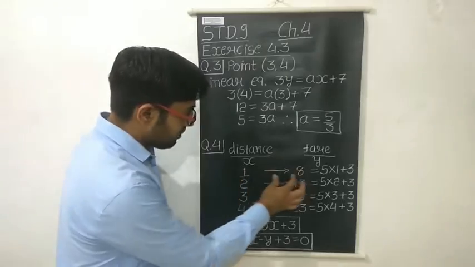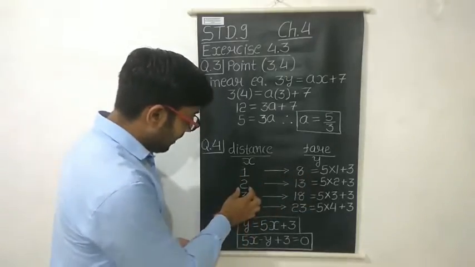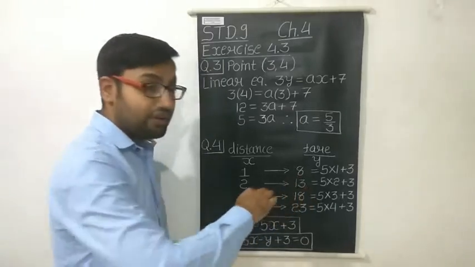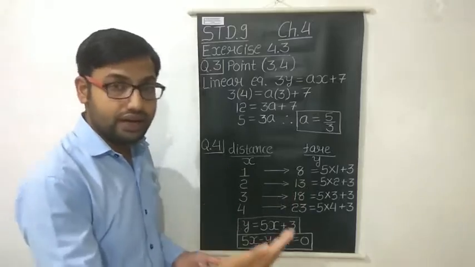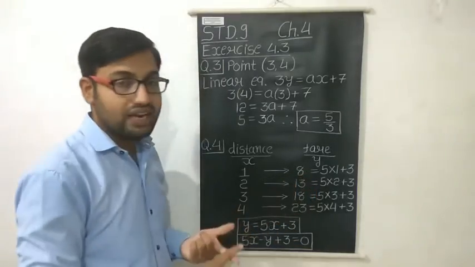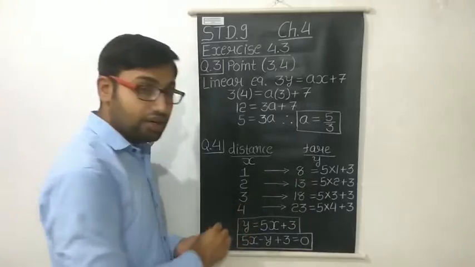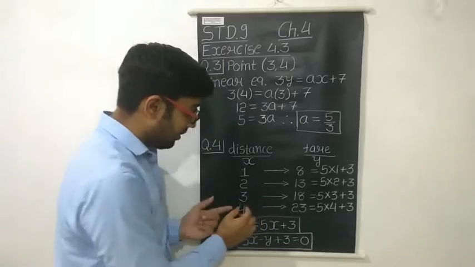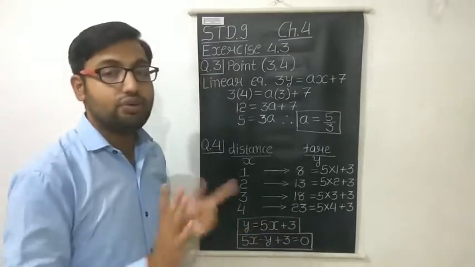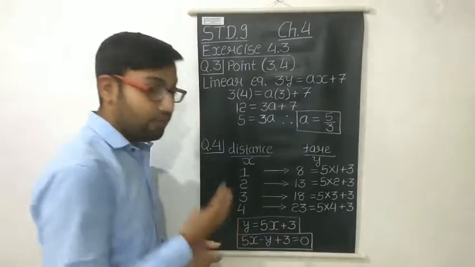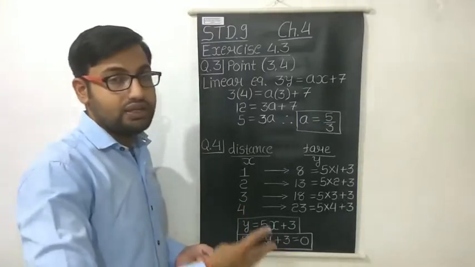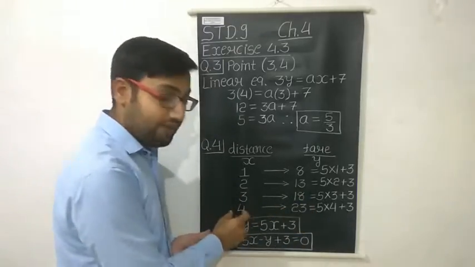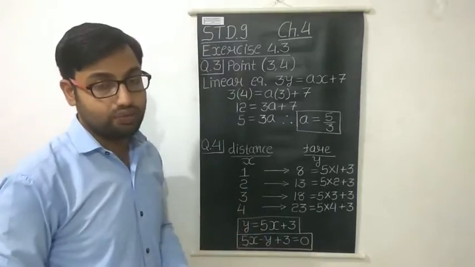So let us first of all understand the situation by taking the values. For the first kilometer, the fare is 8 rupees. If we travel 2 kilometers, then we have to pay 13 rupees, because after the first kilometer 5 rupees will be added. So 8 plus 5 equals 13. For the third kilometer, again 5 rupees is added to this 13. So if we travel 3 kilometers, we have to pay 18 rupees. Now what will happen if we travel 4 kilometers? Again 5 rupees will be added to this amount 18. So for 4 kilometers of traveling, we have to pay 23 rupees.